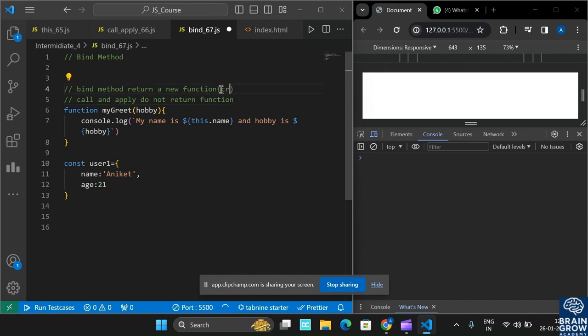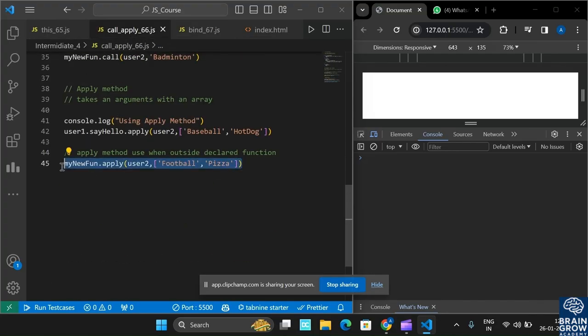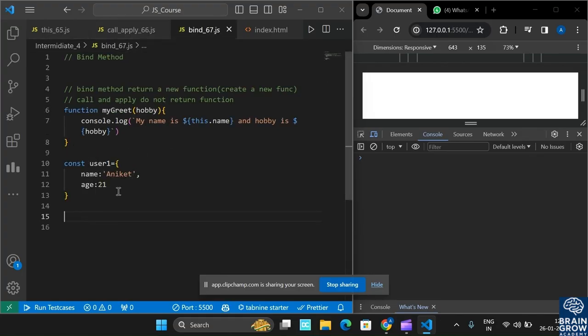That means bind creates a new function. We discussed how to use call and apply methods outside the functions. So you can see here is the way to call my function, and after that you can refer to any object. Similar to that, the bind method,